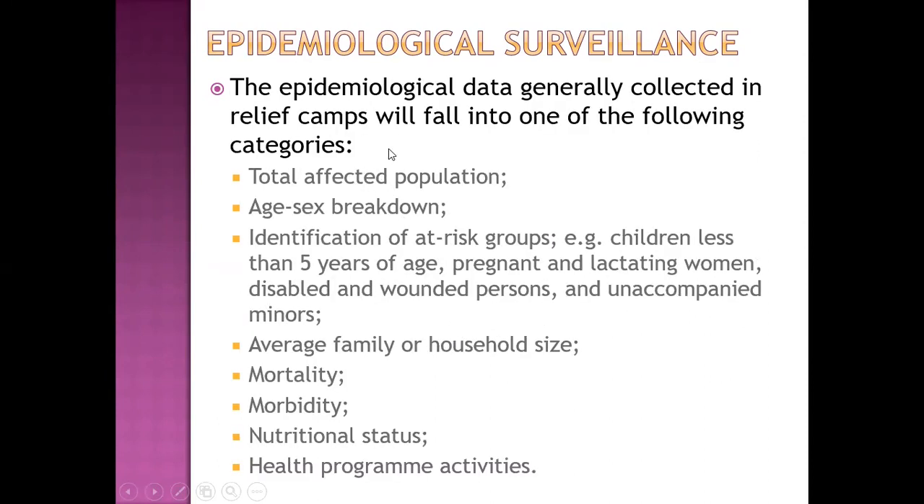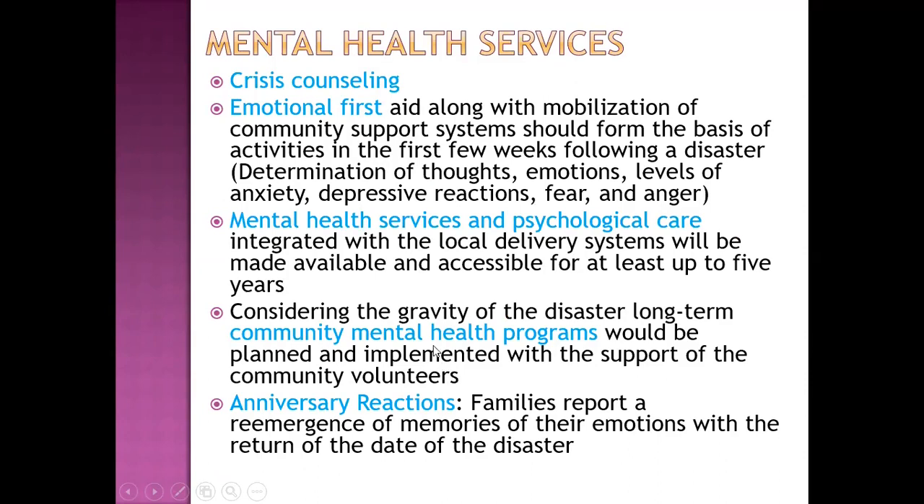So this is the epidemiological data which is usually collected, which include total affected population, age, sex distribution of affected population, identification of at-risk groups, average family or household size, mortality data, morbidity data, nutrition status data, health program activities. Then mental health services include crisis counseling at the time of crisis, emotional first aid at the time of crisis,